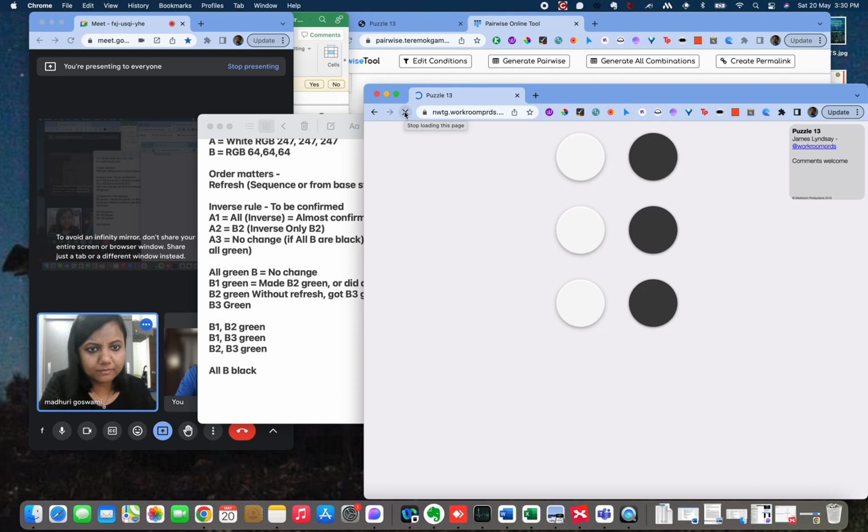Now to get just this green, we do this, and then we do this. What are we expecting? We expect B3 to go green, correct? Okay, so with or without refresh doesn't seem to matter, right? Now that B3 is green, we do A3. How come it got just the first one? Yeah, we didn't do a refresh. Okay, so now what I want to highlight is